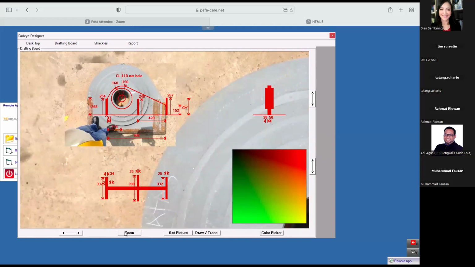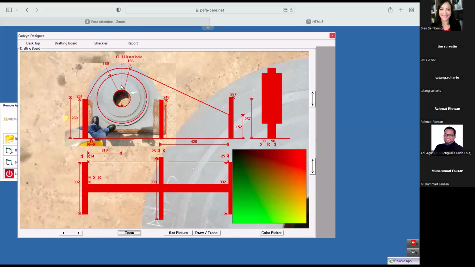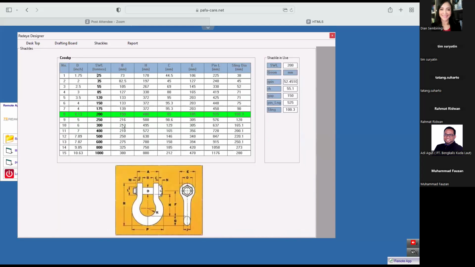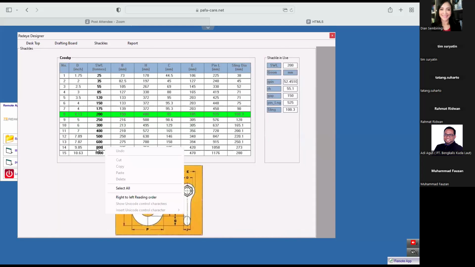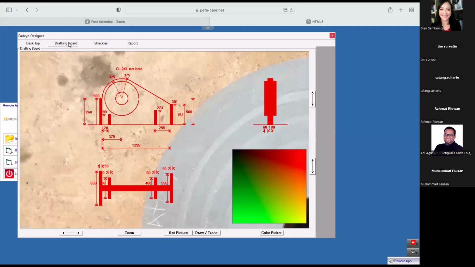So same thing that we do before. We try to make the hole the same, but before that we have to choose a cycle that this bad eye is intended for the design. For example, 800 ton bad eye. So we go back to the